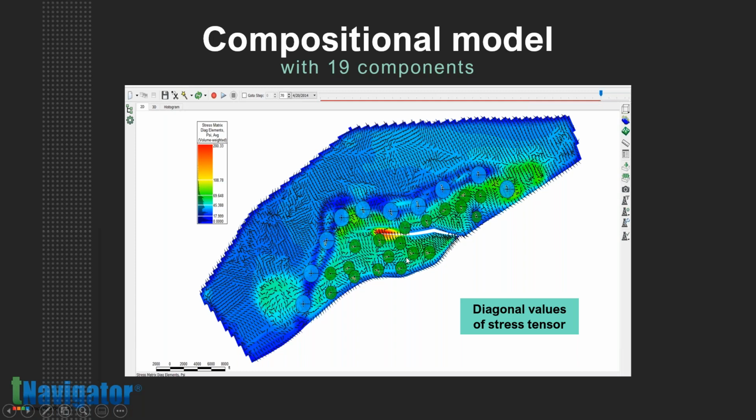But most importantly, we can recognize here in the middle a red zone, which is at the tip of the fault existing in the model. And this raises a bunch of flags. For example, if we run this with a failure criterion like Mohr-Coulomb, we could probably find blocks that are failing, which means that this fault could be either reactivating or even growing because of the stress field being applied, and that has big